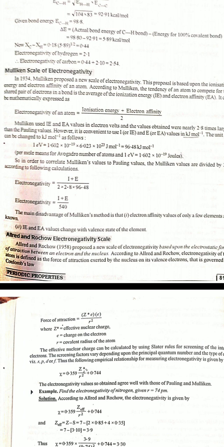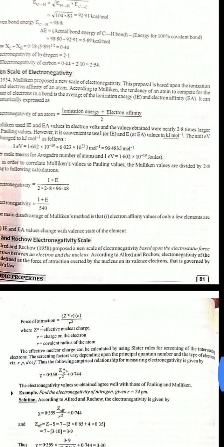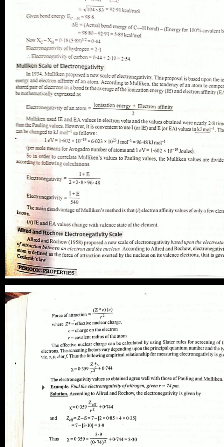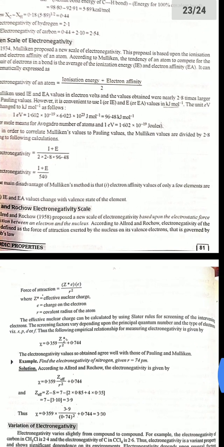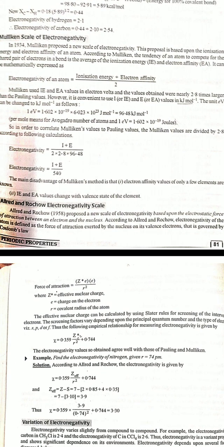Mulliken used IE and EA values in electron volts, and the values obtained were nearly 2.8 times larger than the Pauling values. However, it is convenient to use IE and EA values in kilojoules per mole. Thus, this can be changed to kilojoules per mole as follows. 1 electron volt is equal to 1.6